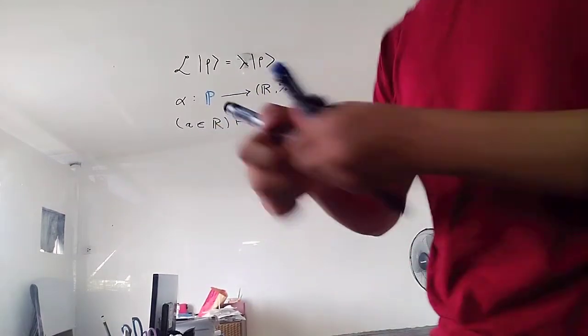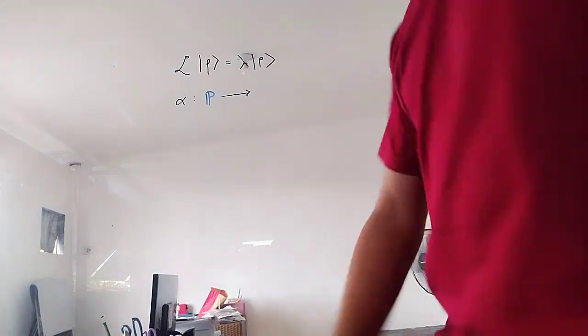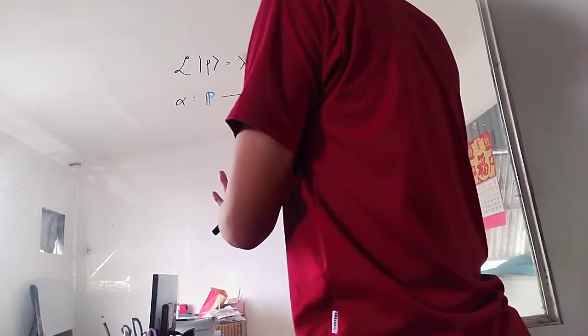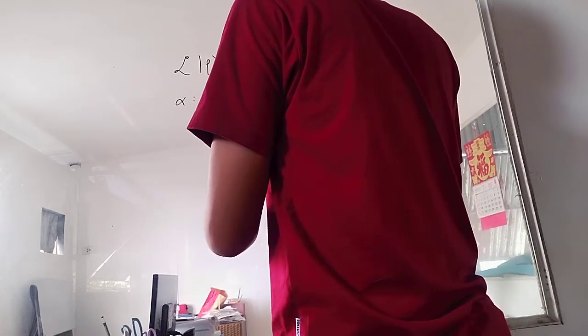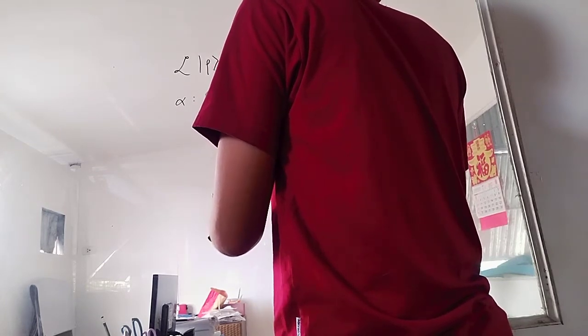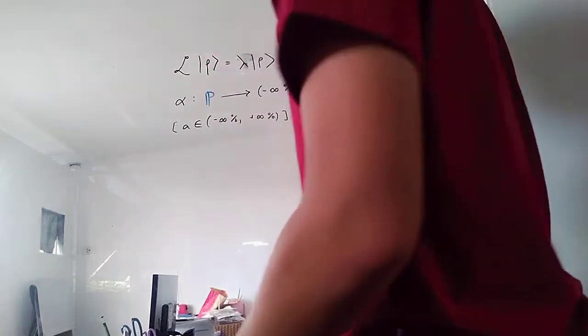So we can think of this as going from minus infinity percent up to positive infinity percent, where an A inside this interval is an element of the real numbers,